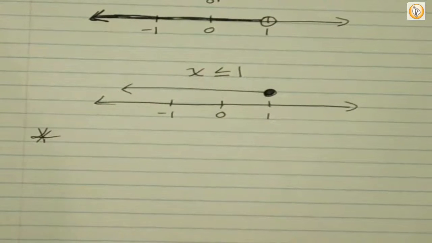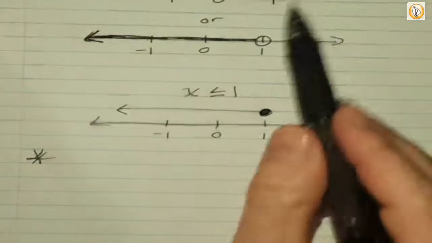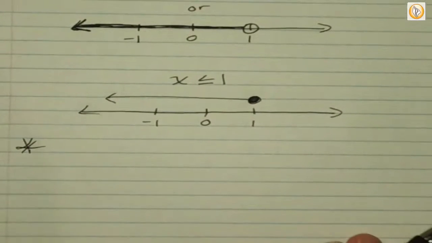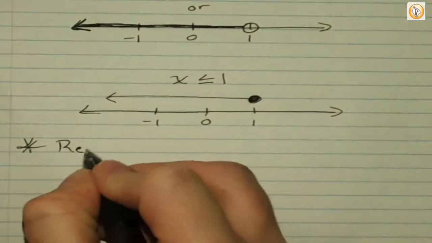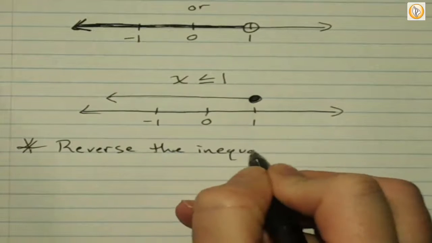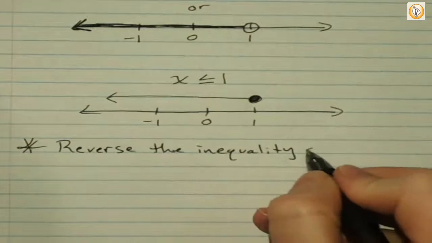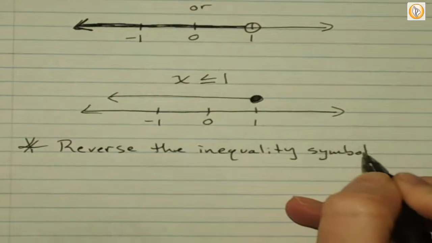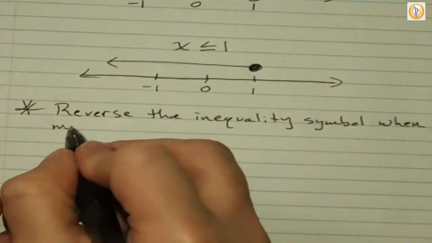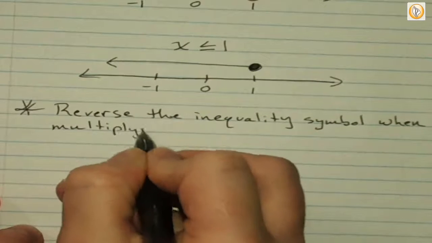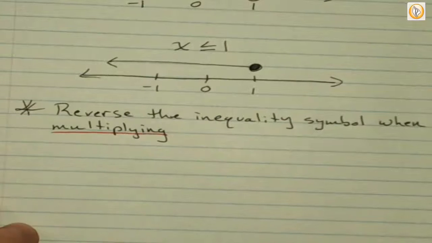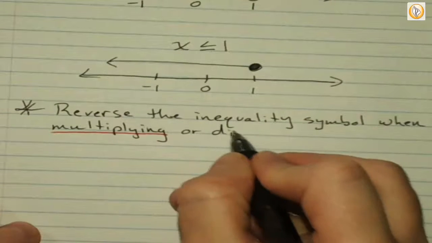This is the only major rule. These are rules up here, you know, the open and close. But this one is the one that people tend to forget. You have to reverse the inequality symbol. Oh yeah, if it's a negative. That's right. When multiplying, I was waiting for this. I'm so glad y'all remember. Or dividing